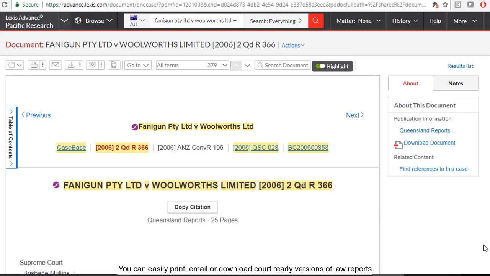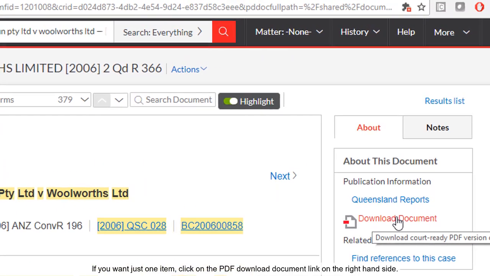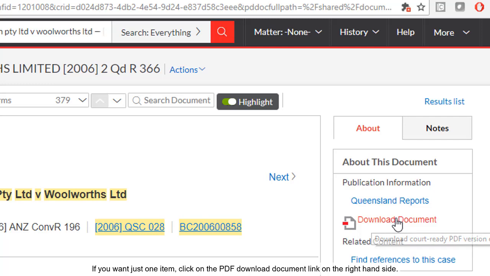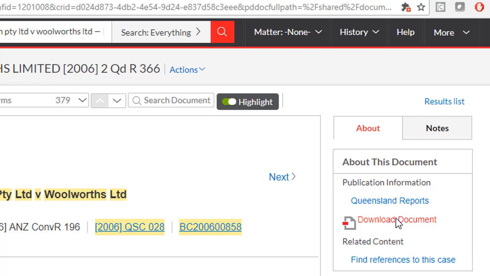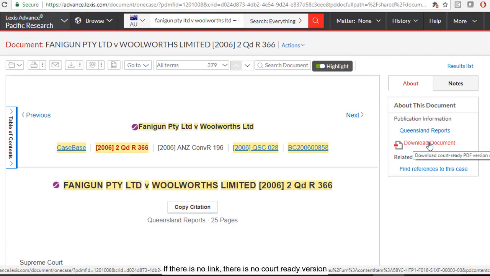You can easily print, email or download court-ready versions of law reports and unreported judgments where they are available. If you want just one item, click on the PDF download document link on the right-hand side. If there is no link, there is no court-ready version, so you can only print, save or email in HTML